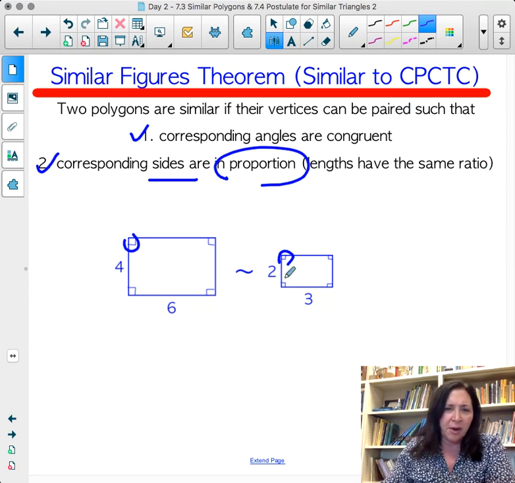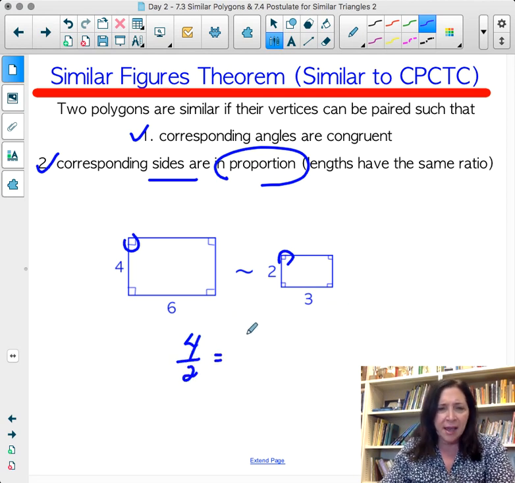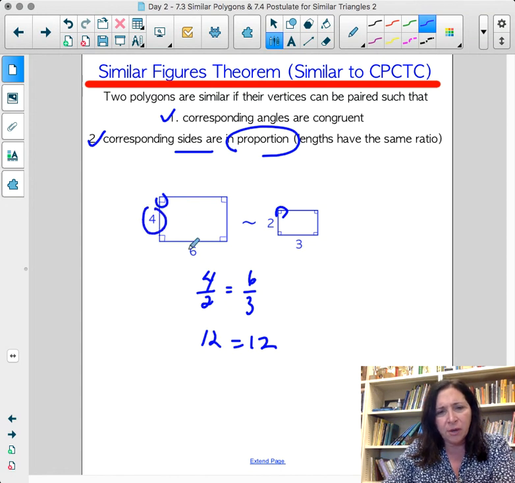And if I were to compare these two, I can say 4 to 2 as left is to right, as 6 to 3. And if I were to cross multiply, I would get 12 is equal to 12. Likewise, I could also compare